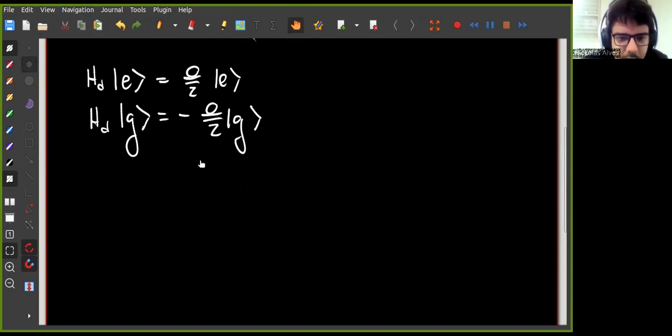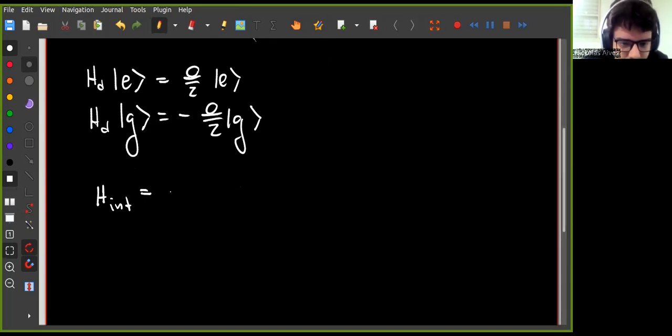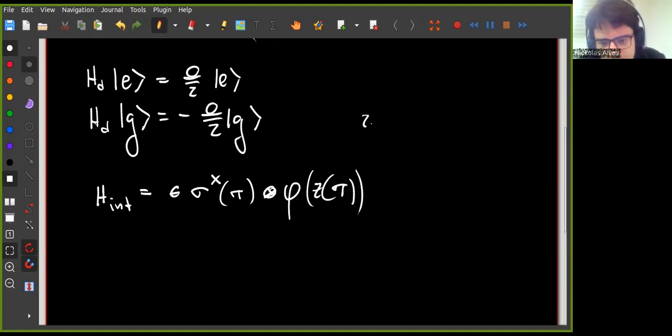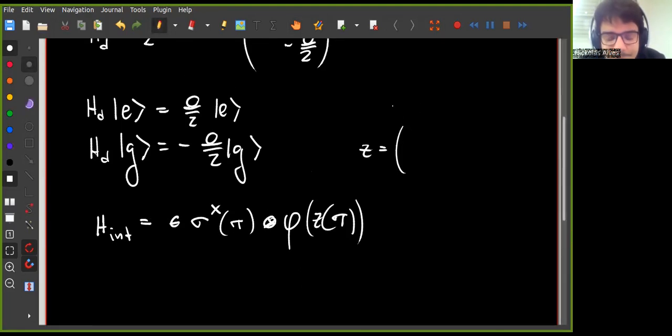Now we want to make it interact with the field somehow. So we're going to add an interaction Hamiltonian in the interaction picture given by epsilon times Pauli x of tau, where tau is the proper time of the detector, tensor the field along the world line z of the detector. This world line we will take to be in radar coordinates, in Rindler coordinates,